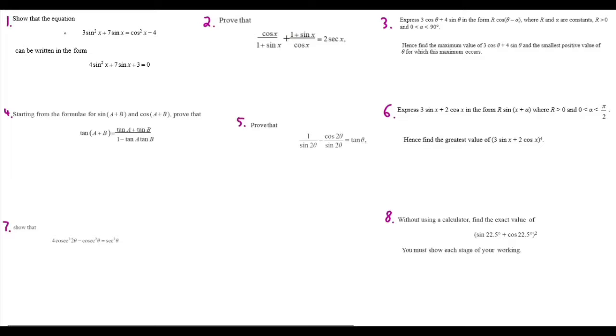Alright, so in question 1, we have that 3 sine squared x plus 7 sine x equals cos squared x minus 4. I want to show that that could be written in the form of 4 sine squared x plus 7 sine x plus 3 equals 0. Well, first notably is that while this has a combination of sine and cos, this is all in terms of sine. So we want to turn this cos squared into an amount of sine, or specifically, we can make it sine squared, because we can say that cos squared x is the same as 1 minus sine squared x, and